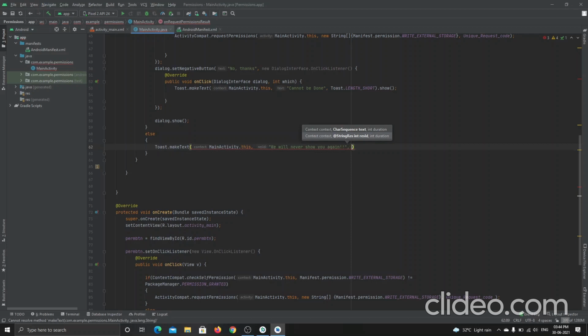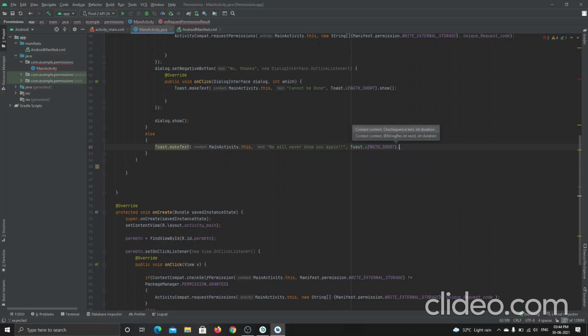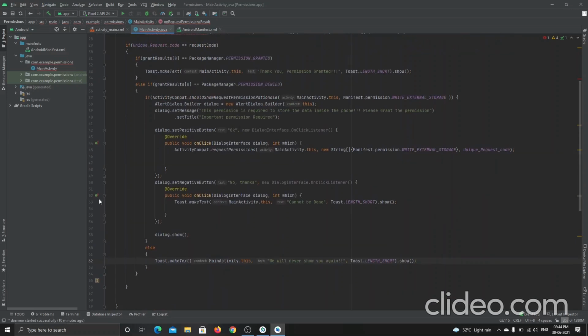Then I will use Toast.LENGTH_SHORT and then the show method. So what it is doing is it checks the condition first, whether the user clicked on the checkbox or not. If he clicked on the checkbox, then we display this message. If he doesn't click it, it should enter inside this if loop and give the alert dialog.